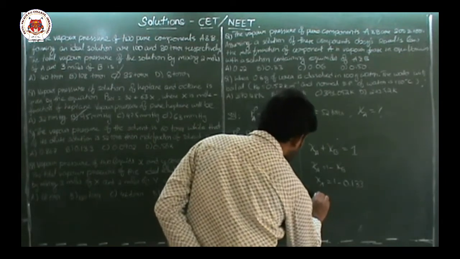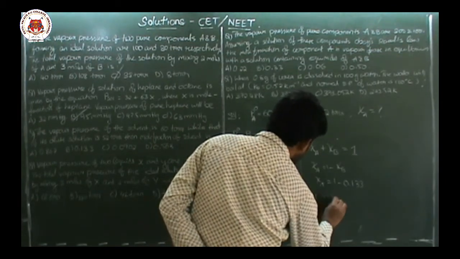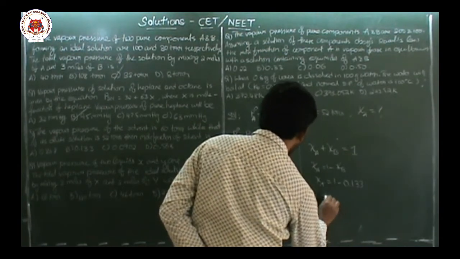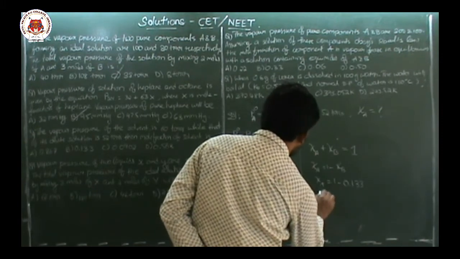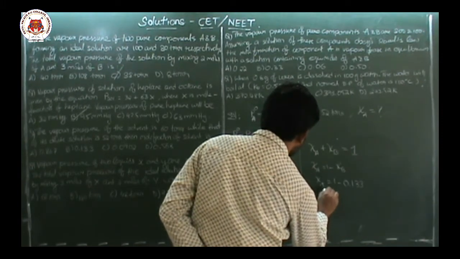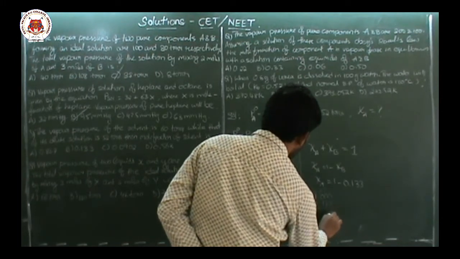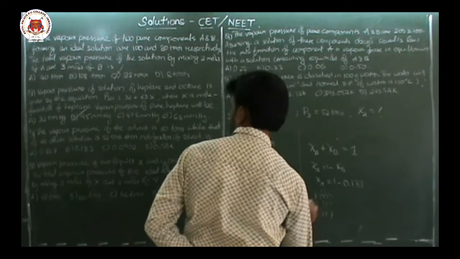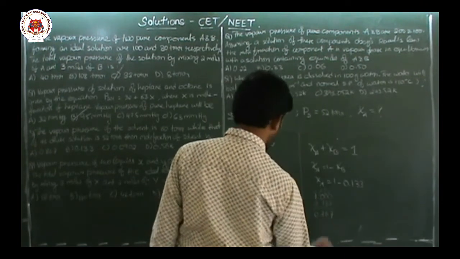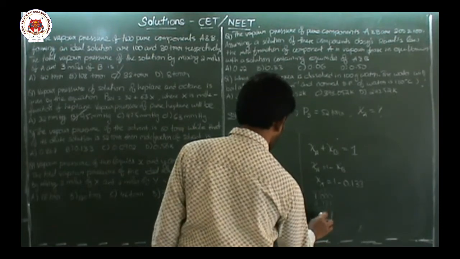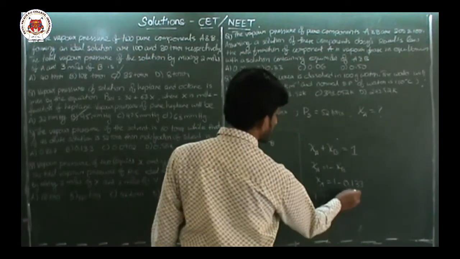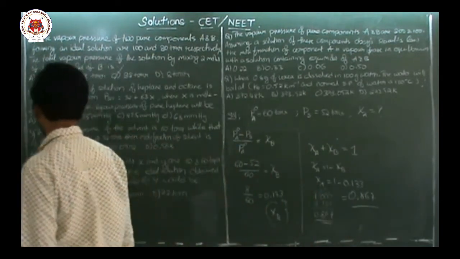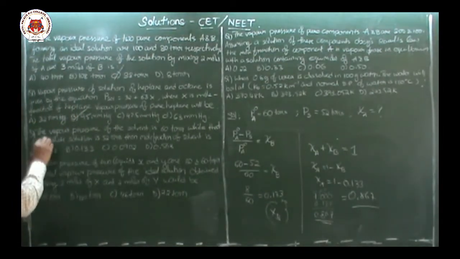So you do this: 1.000 minus 0.133. Then it is 0 only. Then this 10, it is 9. This 10, it is 9. Then this will be 7, 6. Okay, 7, 0.7. So the answer will be 0.867. So the answer is A.